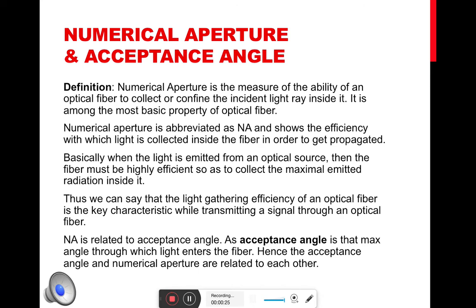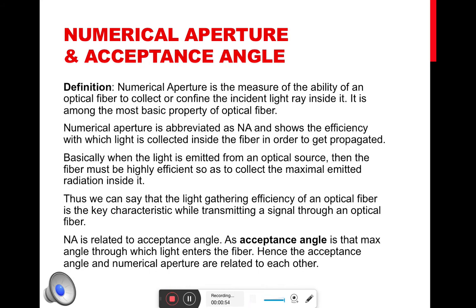In order to transmit that light through the optical fiber, we have to launch this light. But it is not necessary that all these lights should confine inside the fiber for it to propagate. So the ability of the fiber to confine all these rays that are coming in its way to its fiber axis so that it gets propagated, that term defines